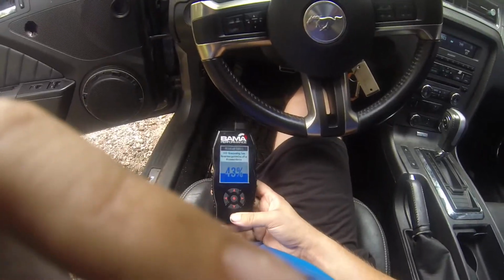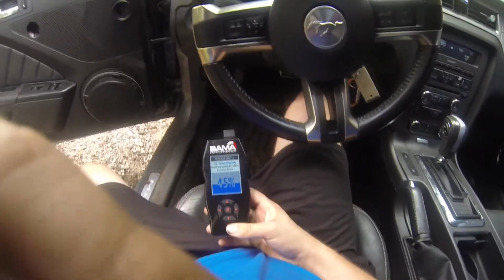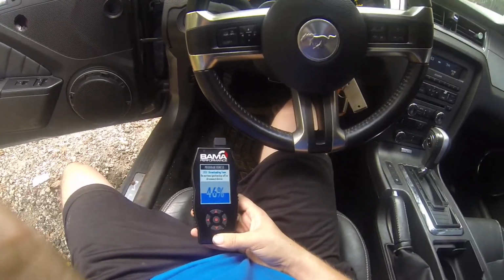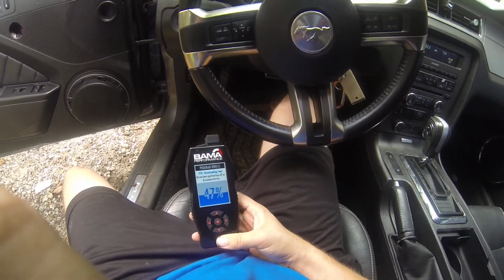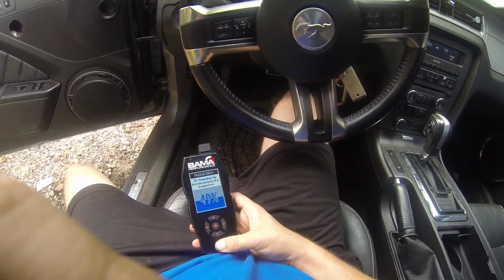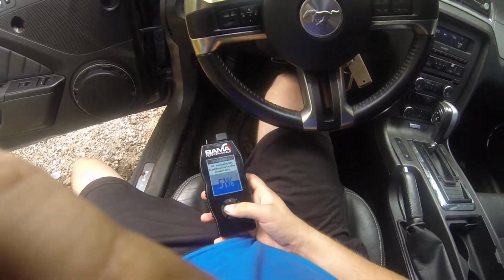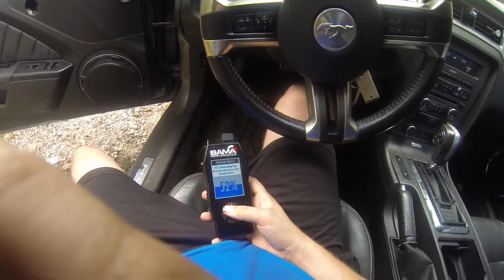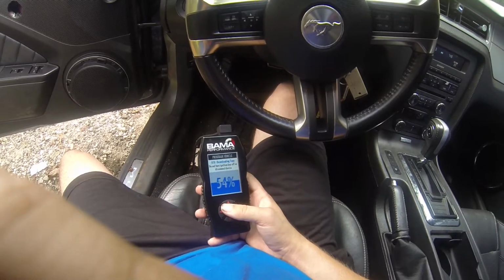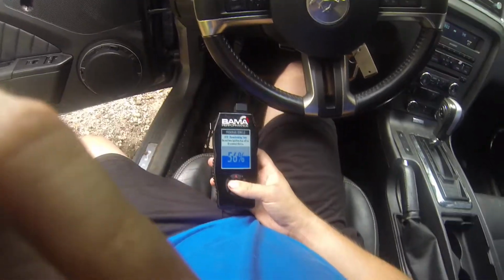But the particular tuner I bought is the XF4 from AmericanMuscle.com. You can pick it up for like $400, and it includes 2 custom tunes, and then you also get free tunes for life. So if you have any new bolt-on mod, you just go to the website, request a new tune with that new bolt-on, and they will send it to you usually in like 3 days. It took them like 2 days to send my tune for me, so it's not bad turnaround time. And you get free tunes for life, because I've seen on there the tunes usually cost $150 for like 3 of them, but for $400 you get as many tunes as you want, that's not really bad. But yeah,